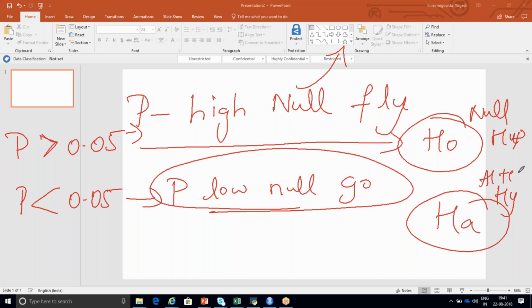If your p-value is greater than 0.05, it is p high, null fly. If your p-value is less than 0.05, it is p low, null go. P low means p is less than 0.05, null should go, means you should accept your alternate hypothesis.